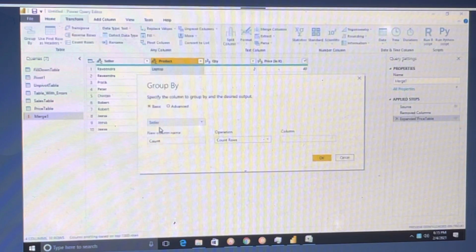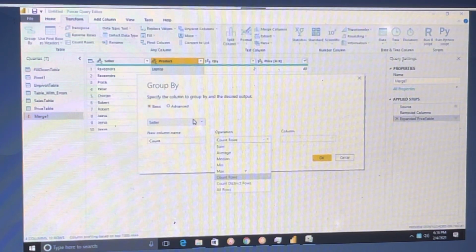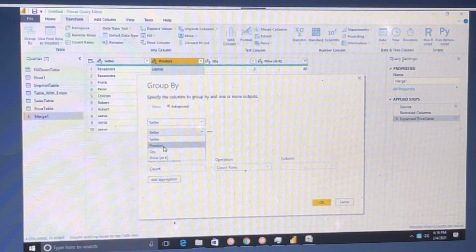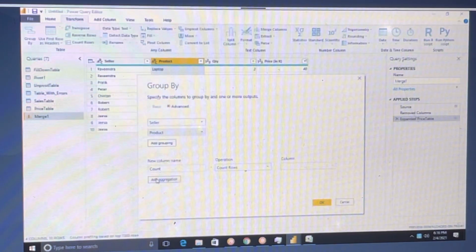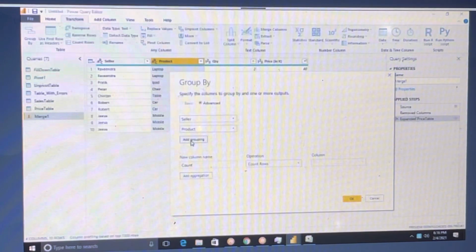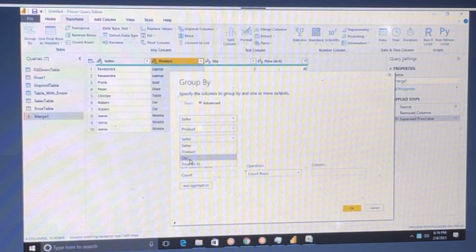Again, in advanced, you can add more grouping. Group by product also, like that you can add. Group by quantity also, and you will get the same data.